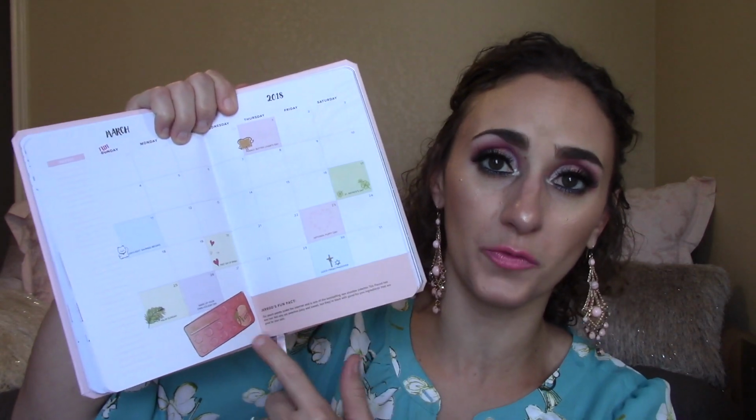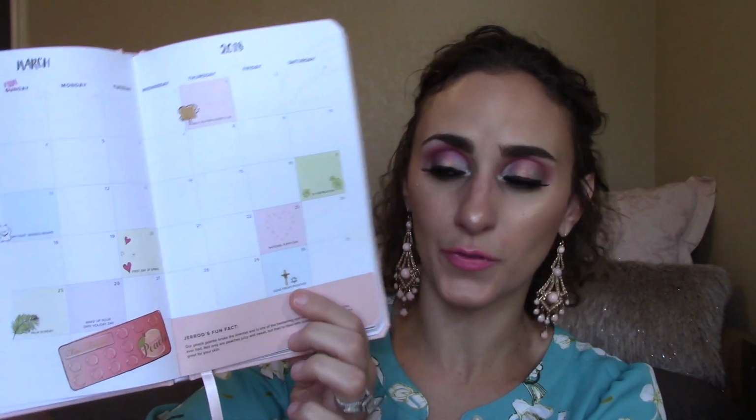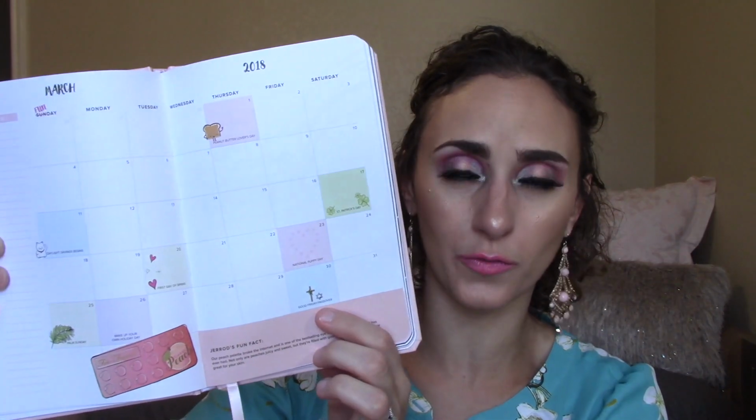It has a fun fact at the bottom of each month on a Too Faced item. This particular one on the peach palette right there. Let me see. It makes me very, very happy that in March on the 30th they have a cross for Easter. It's for Good Friday / Passover, so they have the Star of David and the cross, which means a